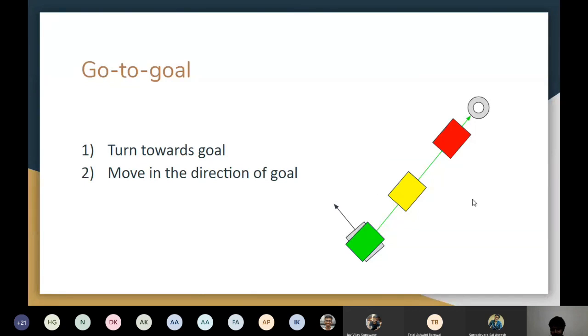You can raise your hand. Aryan, yes, we are going with a differential bot rather than the unicycle model. But as I told you, this algorithm can be generalized by taking it for V and omega. Okay,